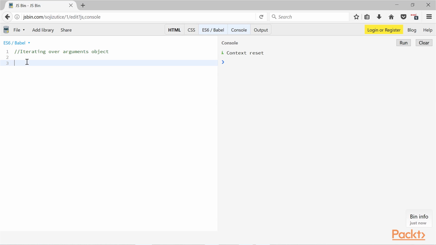So what I'm going to do is create an immediately invoked function expression, or as we call it, IIFE. Basically you start like this. You say function, and then you have the function definition, and then you immediately invoke it. I'm going to pass 10, 20, 30 as the